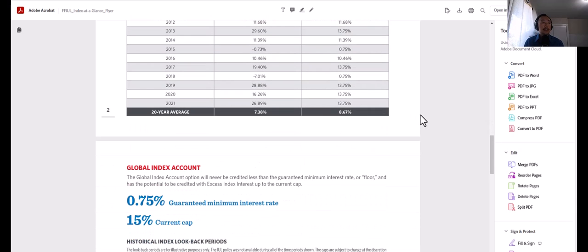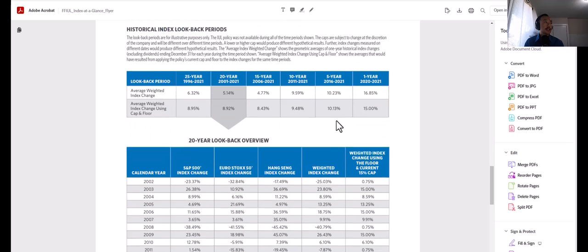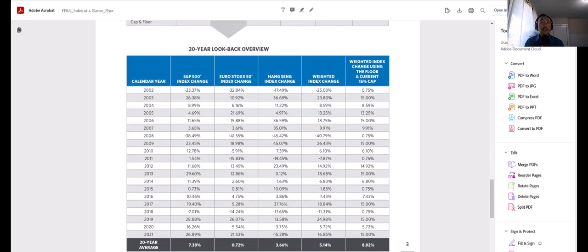Okay, so let's go to the global index. These are the rates from the global index from the last 20 years, going back to 2002. So if your cash value is linked to the S&P 500, next is the global index. The global index is a little bit more complex to compute your rate of return than using only the S&P 500. For instance, in the same example, in the year 2006, your S&P 500 would have yielded you